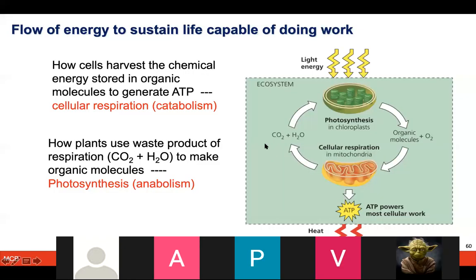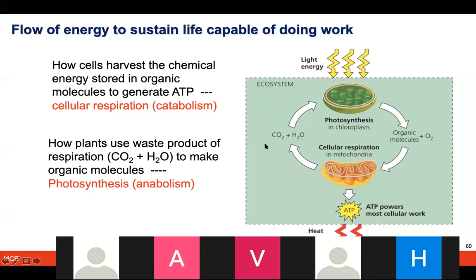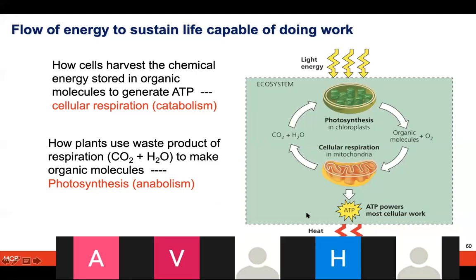In the case of photosynthesis and cellular respiration, there are two crucial activities which we discussed. Photosynthesis is helping anabolism, whereas cellular respiration is happening for catabolism. It means some breakdown is happening and ATP is being generated in respiration, whereas new organic molecules like sugar are being synthesized in photosynthesis.